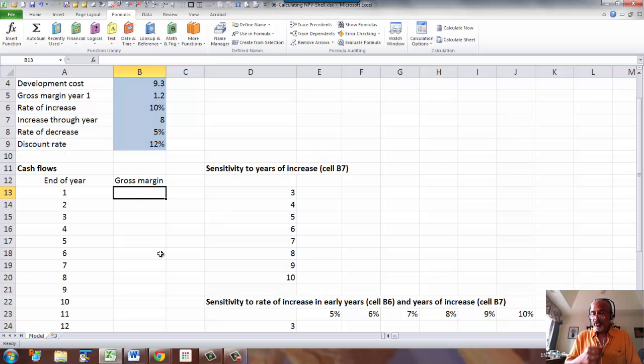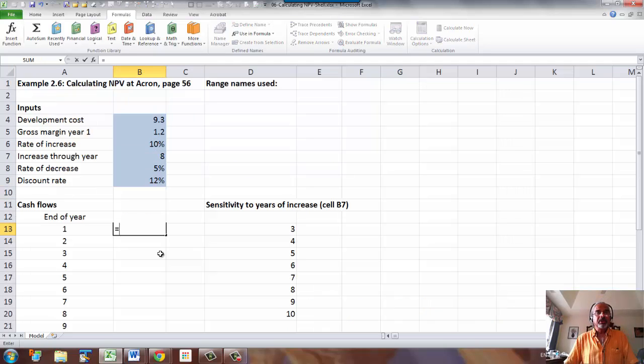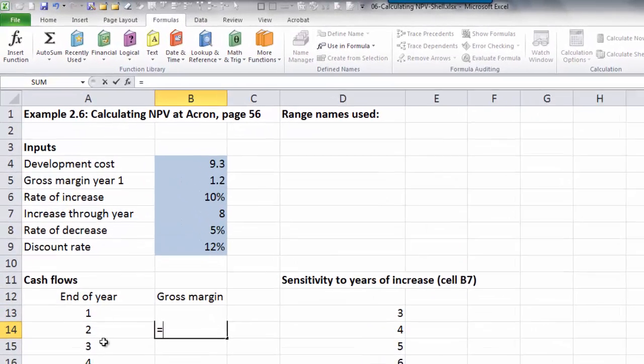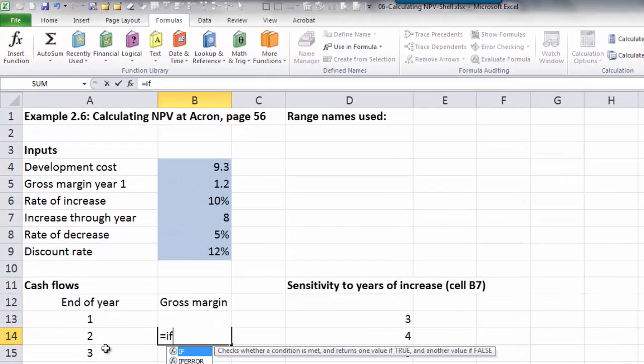Okay, so the very first year, the gross margin is $1.2 million. Now after that, it's going to increase, but you have to check which year it is. So we need to use an if function.